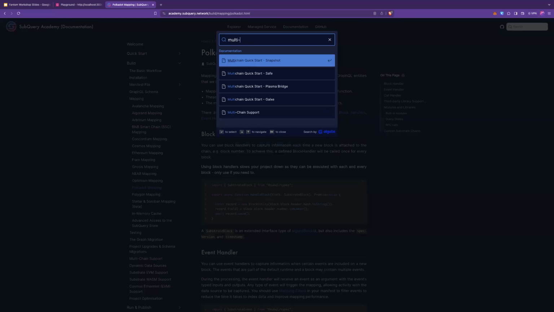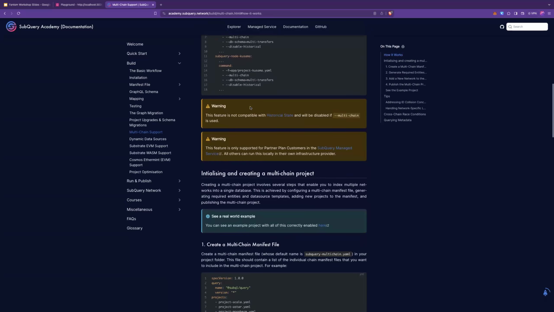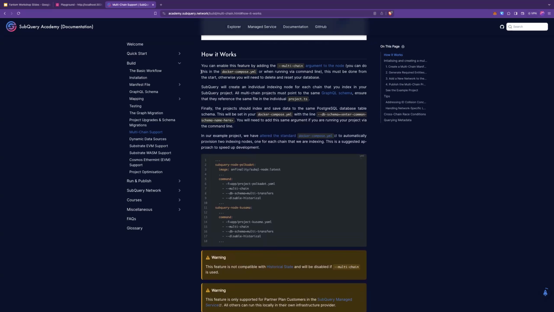If I type multi-chain here, I would be able to find the corresponding page. It's really easy to configure. As you could have spotted, I've only had a single manifest file, but in the case of a multi-chain project, we will end up having several of those.